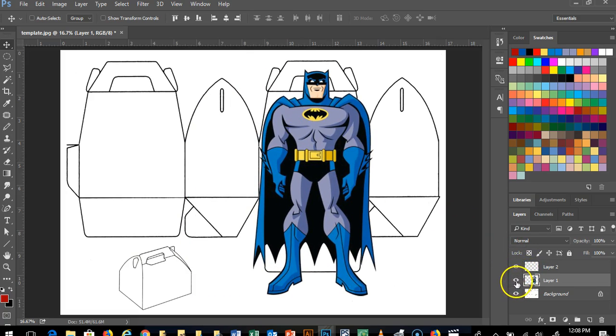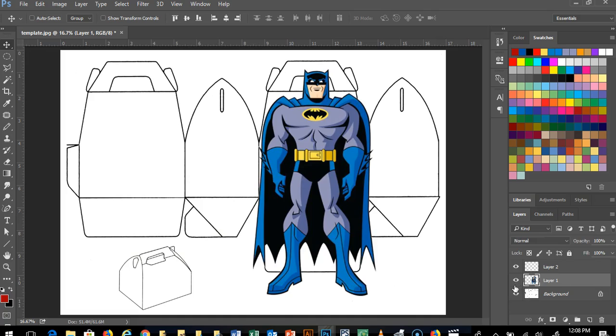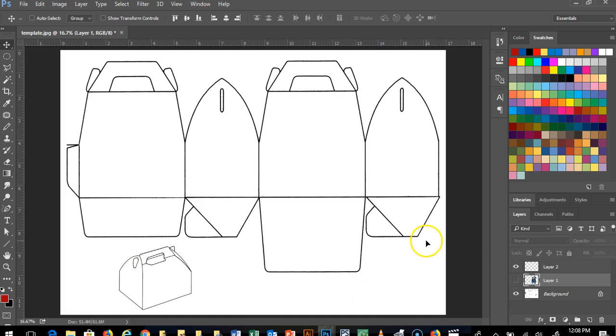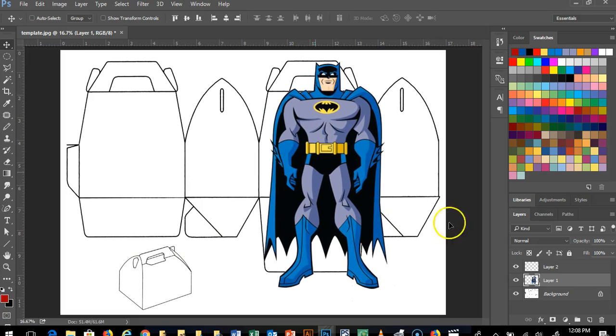There's a little eye icon to the left of each layer. If I click that eye, the layer gets turned off like a light switch. The layer is still there. It's still part of the image, but the visibility has been turned off. All right. Now, if I were to take